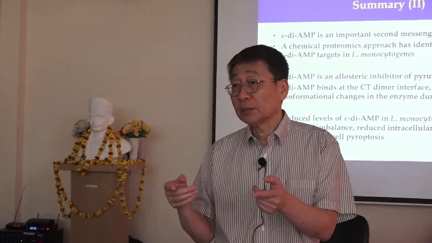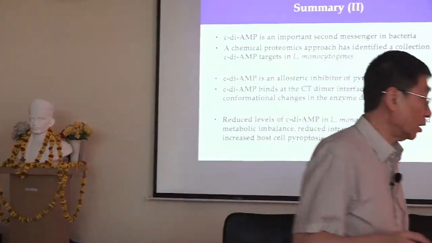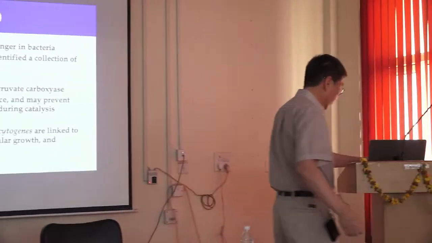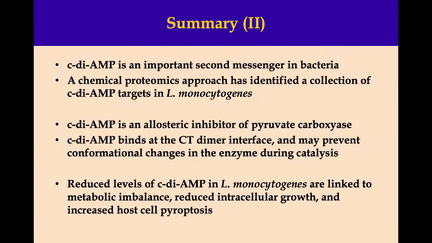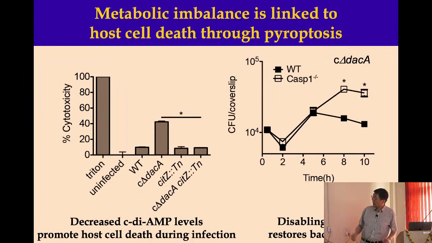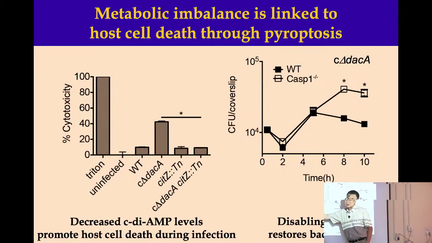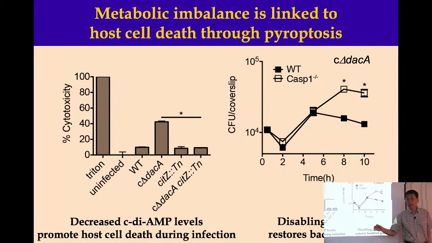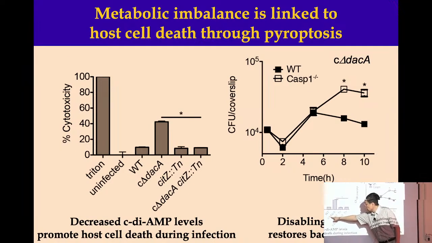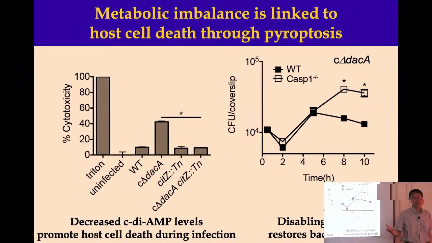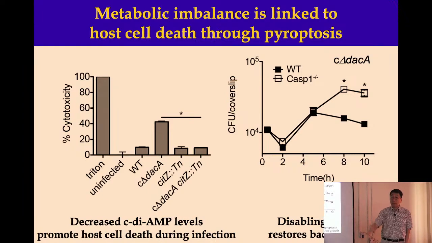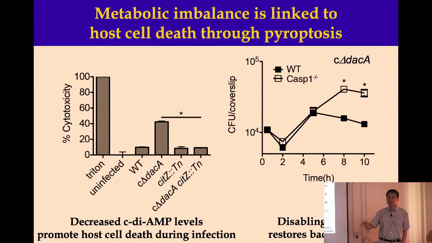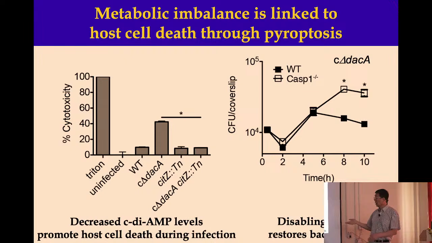Does that make sense? So I showed you the different strains here. So he has Listeria controlling different processes. This is the one that gets rid of the cyclase that produces cyclic di-AMP. So that strain has a lower level of cyclic di-AMP. So all of these are to see the effect on cell death and also infection.